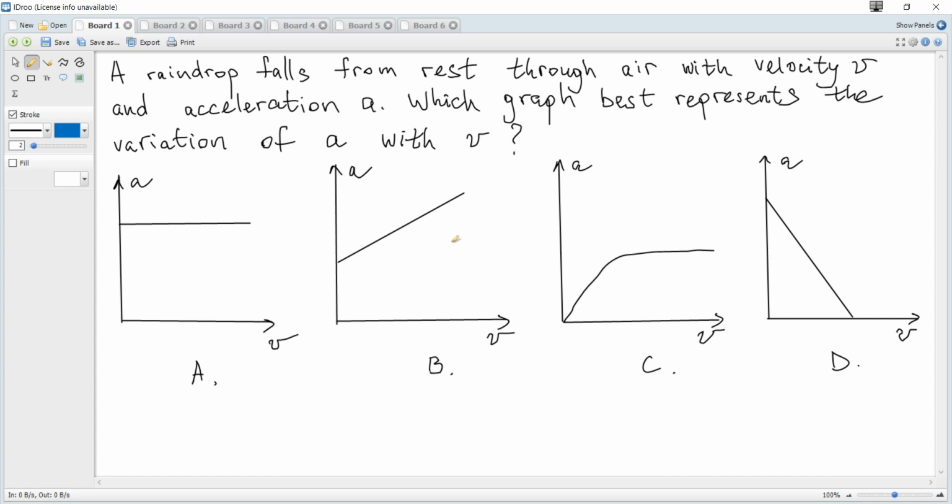Initially, it is dropped, so it means that v is 0 and only weight acts on it. By Newton's second law, F net is ma, so mg is ma, and acceleration is g, the acceleration due to gravity, 9.8 meters per second squared. And since it has acceleration, speed increases, and a force of air resistance, the opposing force, is